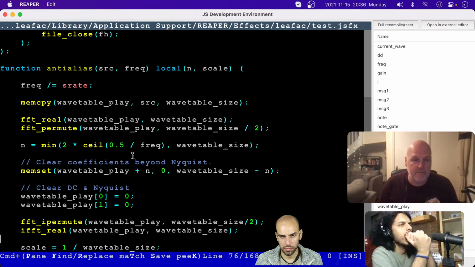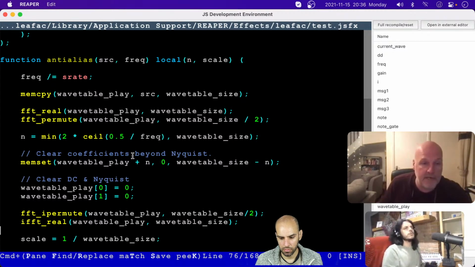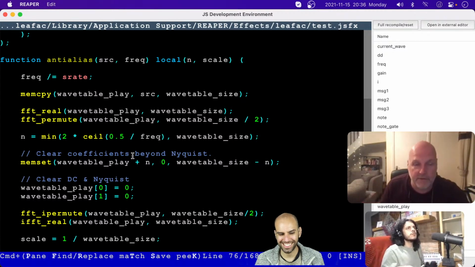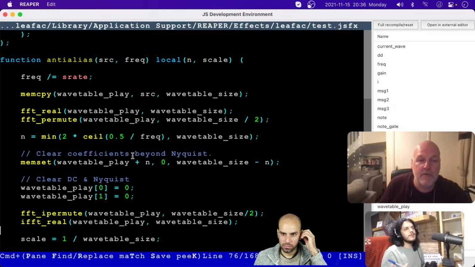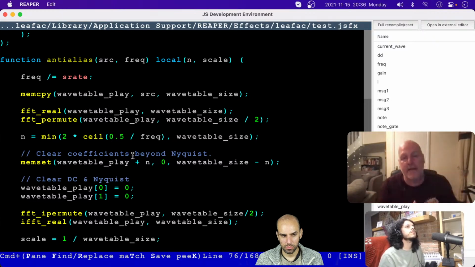So this works. I mean, we'll play it in a bit, and you'll see, fingers crossed, it'll work perfectly. But working out an FFT all the time and doing the permutations and so on can be a fairly heavy-duty thing to do. We're doing it on 2048, but it's converting those to complex numbers with a real and imaginary part, and then doing various internal gubbins on it, and then converting it back. And if we were to do that